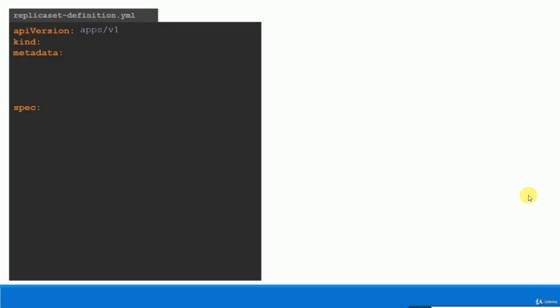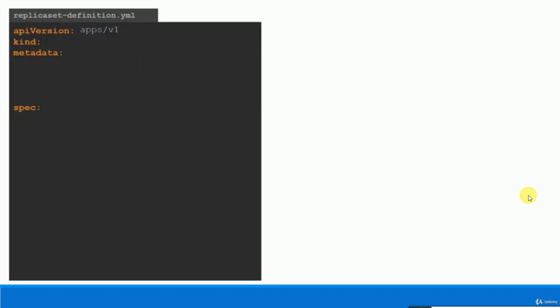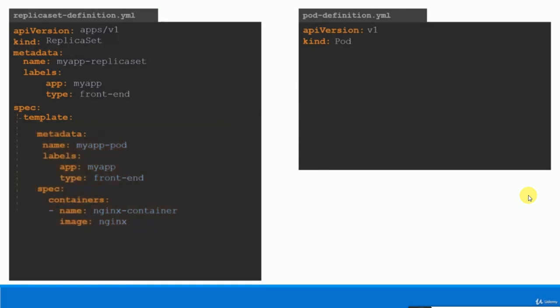If you get this wrong, you are likely to get an error that looks like this. It would say no match for kind replica set, because the specified Kubernetes API version has no support for replica set. The kind would be replica set, and we add name and labels in the metadata. The specification section looks very similar to replication controller. It has a template section where we provide pod definition as before. So I'm going to copy contents over from pod definition file,